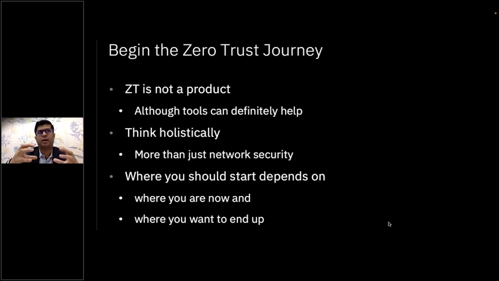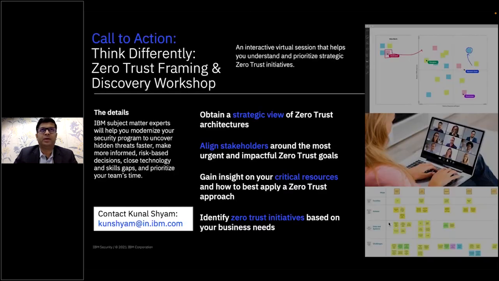So you need to look at securing the identity itself, and definitely slowly and gradually look at other things. But the biggest $1 million question is where you should start. Right now it all depends on where you are now, and that's precisely the context where we come in and help you to assess your environment,